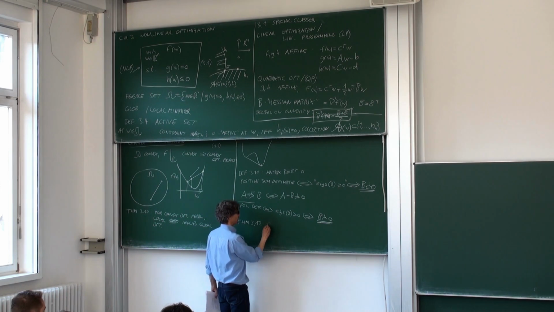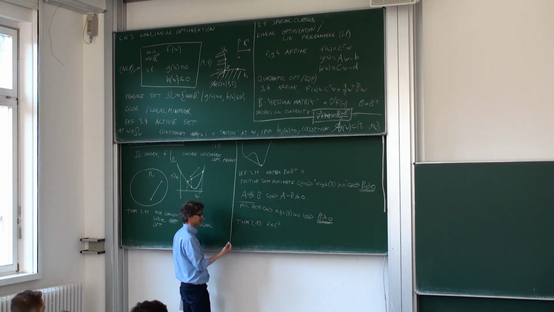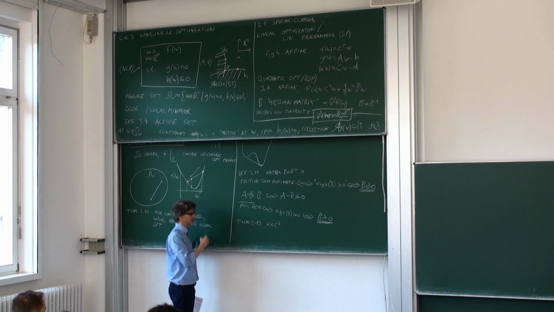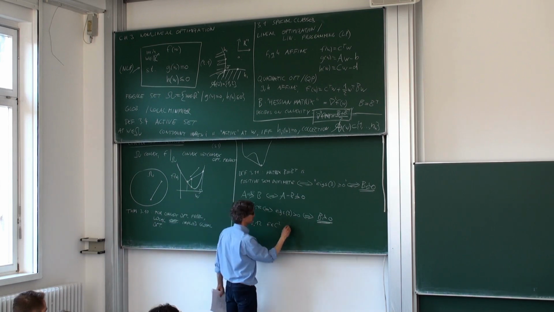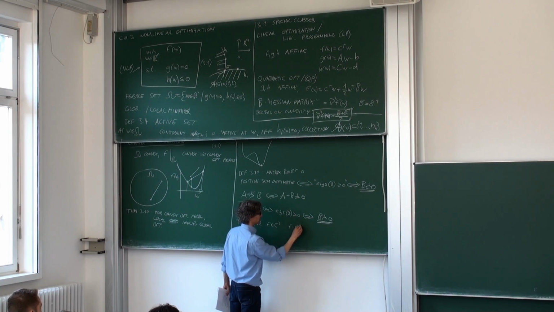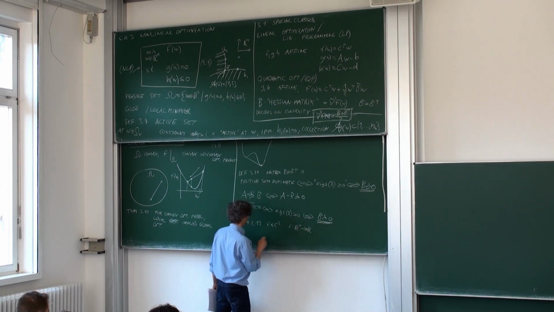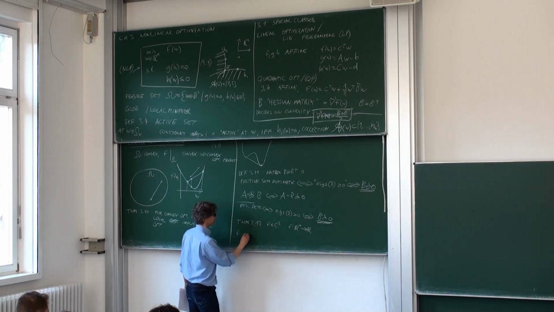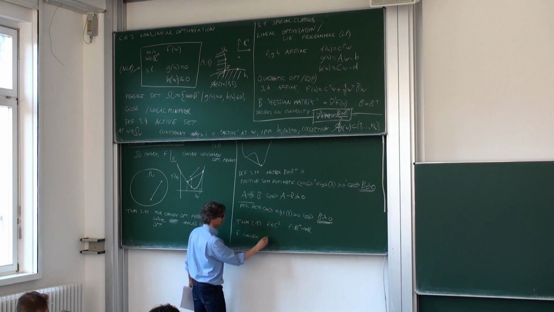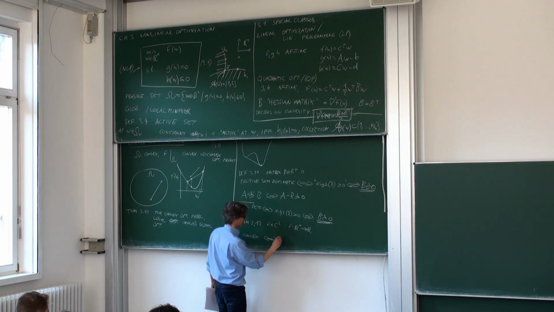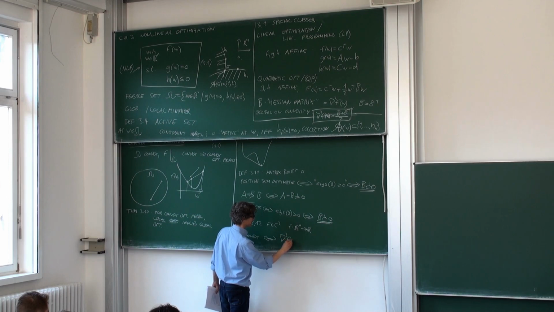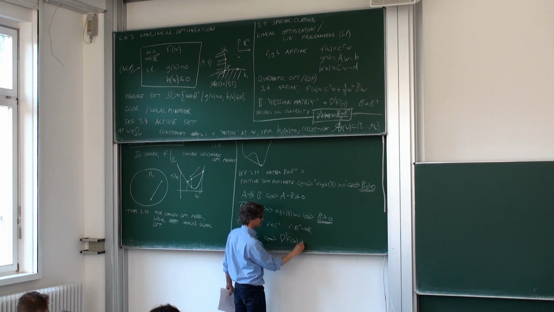So F is an element of C2, of course the dimensions are from Rn to R. So then F is convex as a function if and only if the second derivative of F at any point W is a positive semi-definite